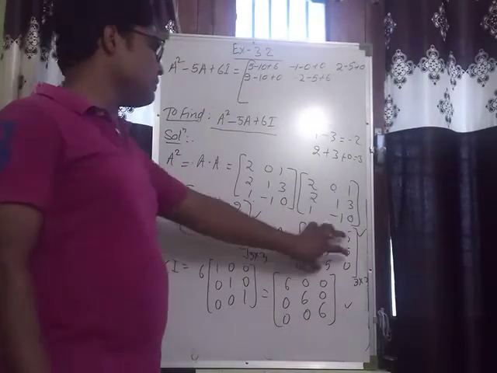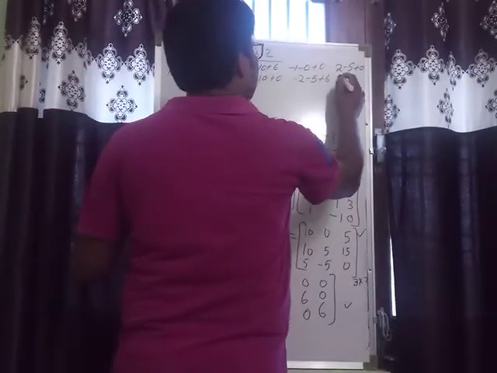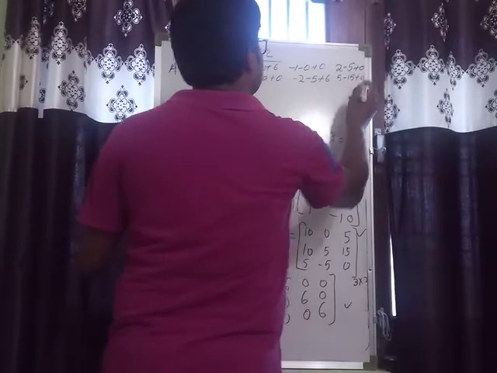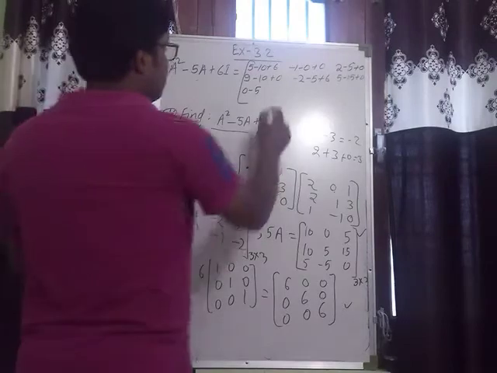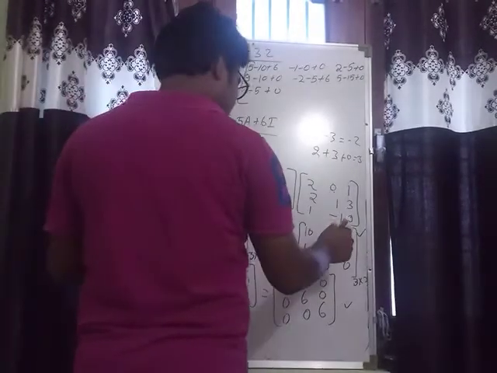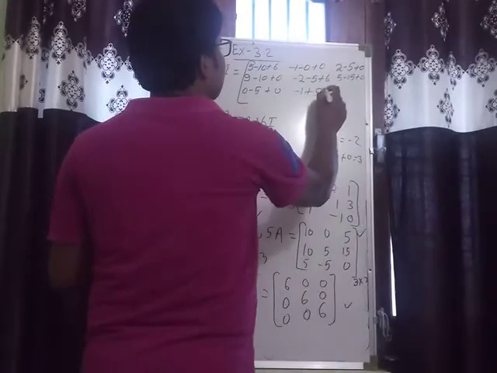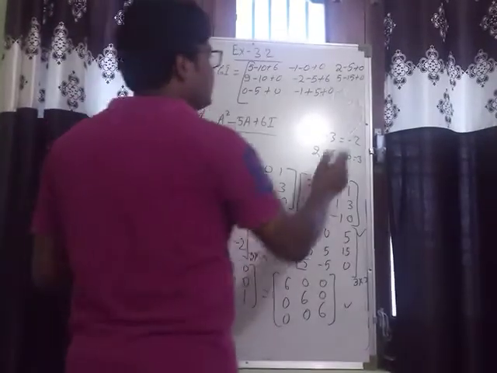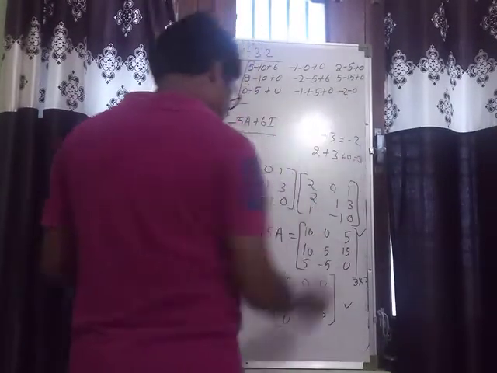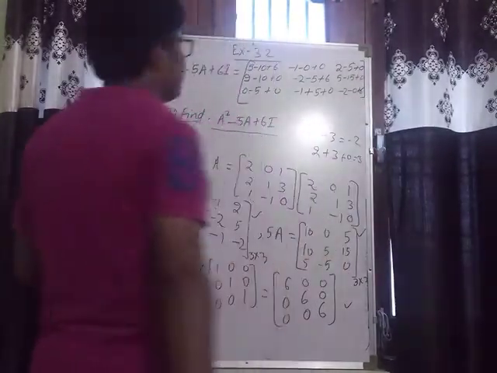Okay, we have to subtract this one, and add these two, so that is what I am doing. 5 minus 15, 5 minus 15 and plus 0. This one is 0 minus 5, 0 minus 5 and plus 0. This one minus 1 minus 1 minus plus 5 and plus 0. This one is minus 5, so when we subtract it, it will be plus 5. And the last one minus 2 minus 0, minus 2 minus 0 and plus 6. Okay, so that one is the required matrix.